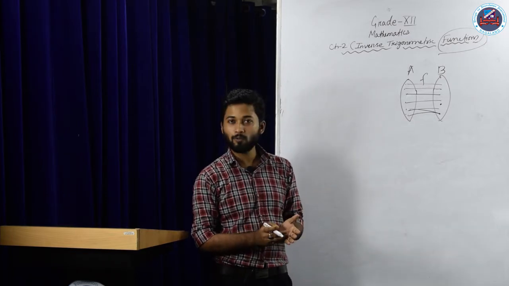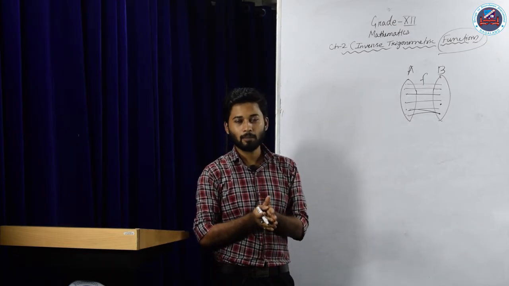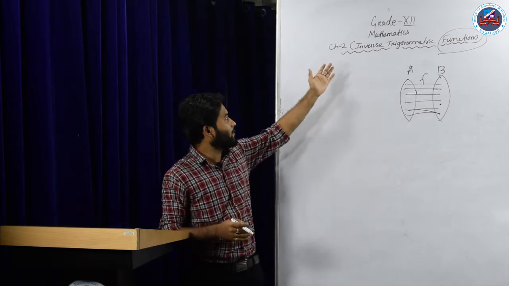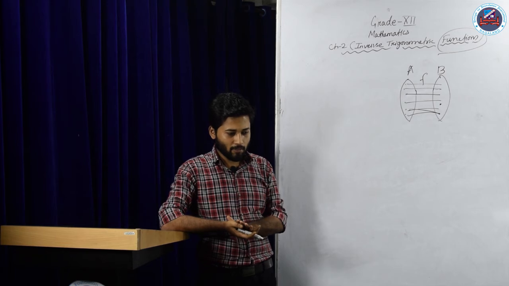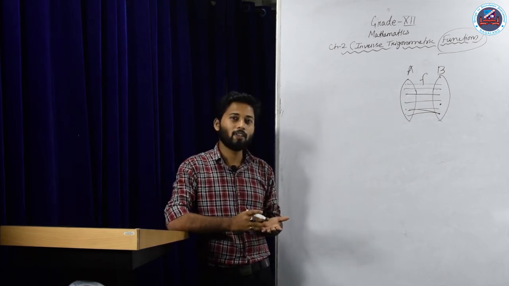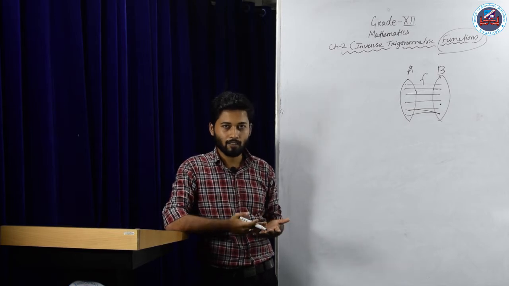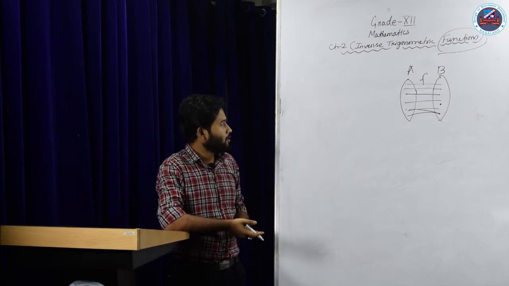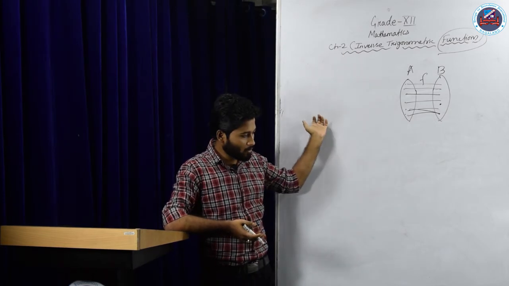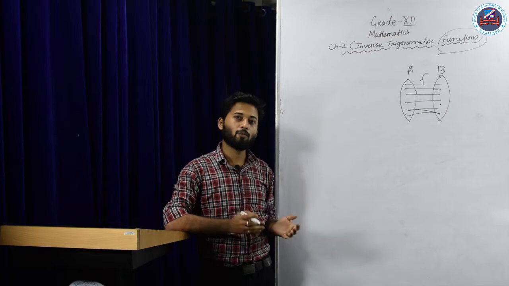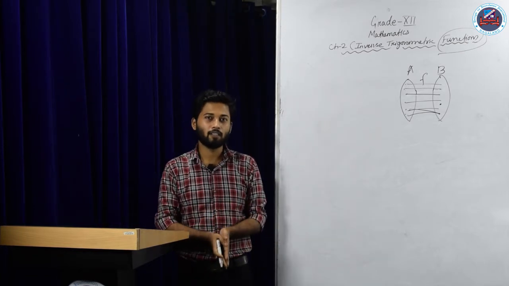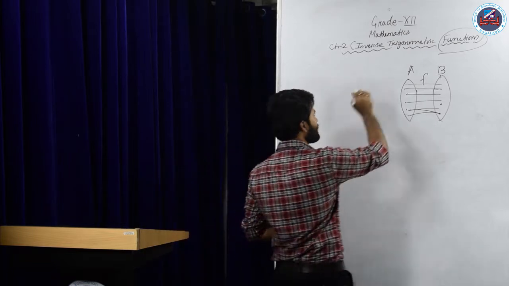So if a function is both one-one and onto, then that type of function is called bijective function. Okay. So as our chapter deals with inverse trigonometric functions, for that we need to understand what is the inverse of a function. So a function is said to be invertible if it is both one-one and onto. Clear? So if we want to find the inverse of the trigonometric functions, then we need to show that the trigonometric functions must be one-one, onto, and then we can say that they are bijective and hence they are invertible. Clear? Okay. So what are trigonometric functions?